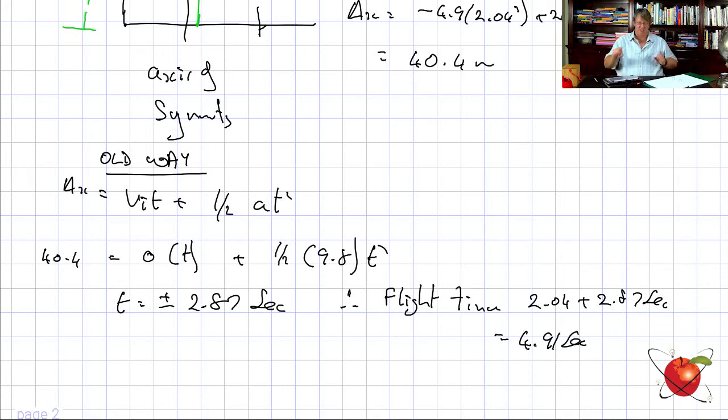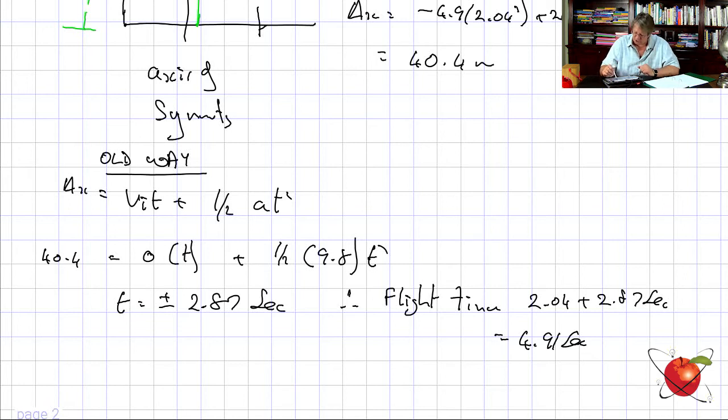So in other words, the time to go from the top here up and down was 4.91 seconds. 2.04 to the top, 2.04 to that point again, and another bit going down, right? Can you see that last 20 meters? It fell pretty fast, okay? Right, now,